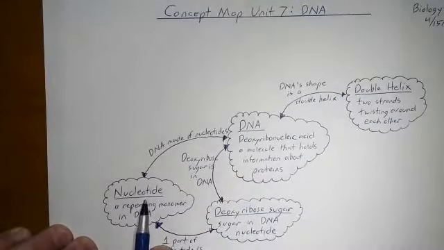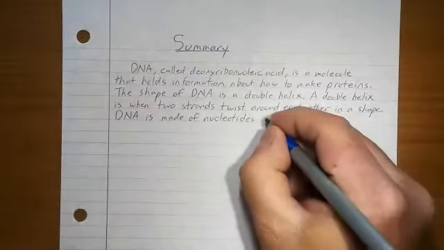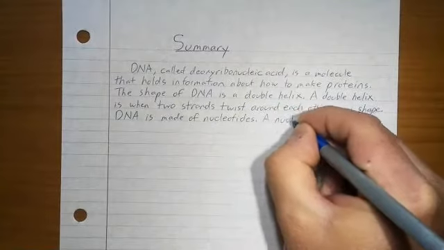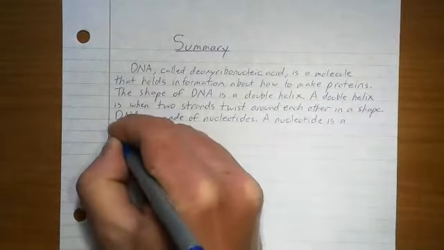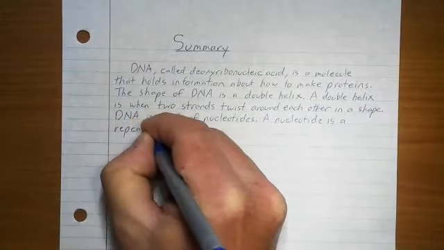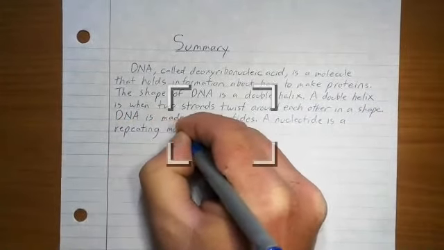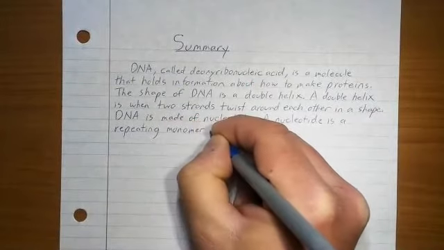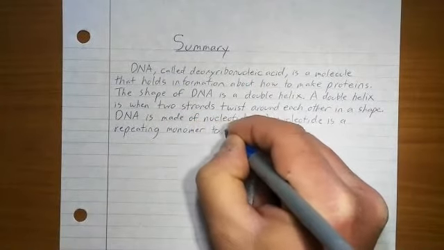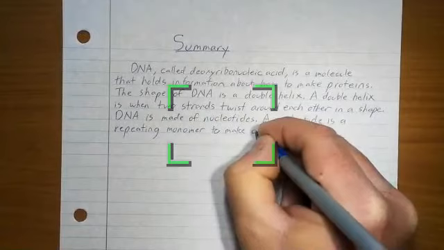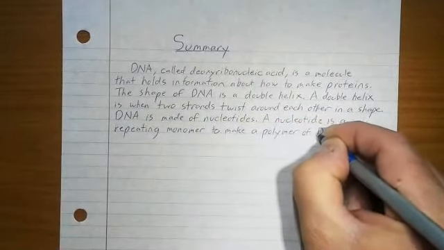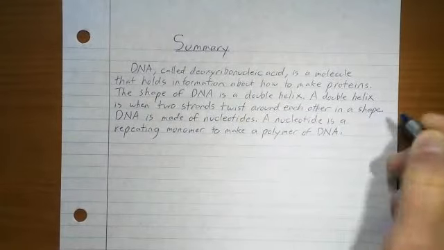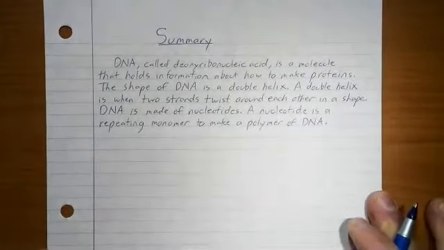Okay. What is a nucleotide? A nucleotide is a repeating monomer in DNA. A nucleotide is a repeating monomer to make a polymer of DNA. Again, I added a little bit more just to show that I know a little bit more about polymers